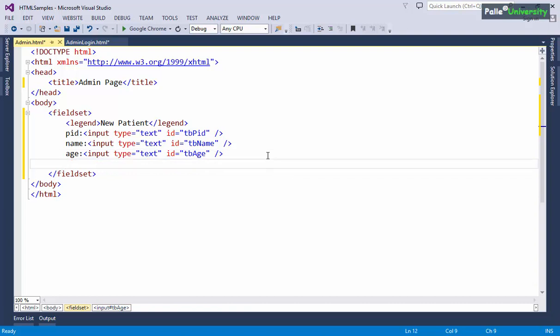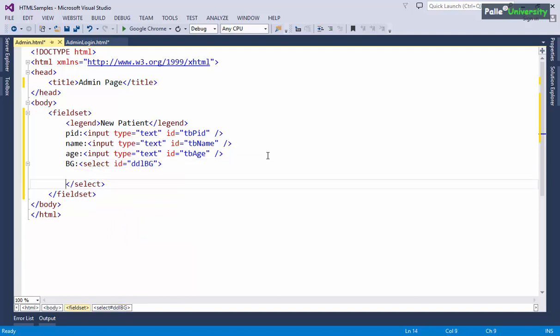After this, I should create the blood group drop down list. How to create? I should write select ID is equals to DDL BG. End of the select tag, write option tag, write select as first element. Next, option O positive.